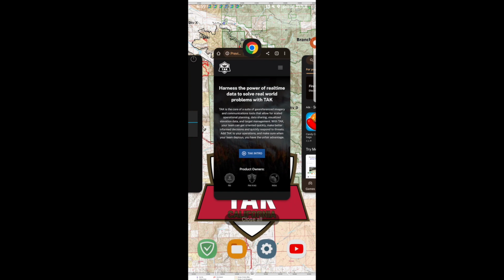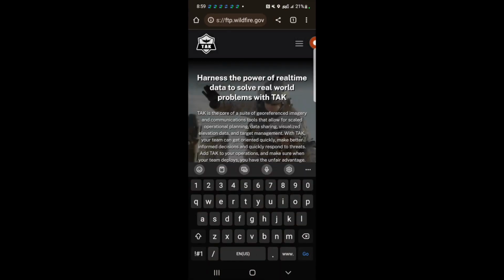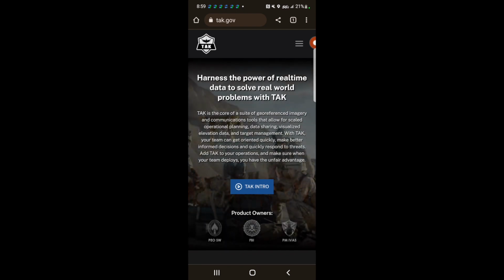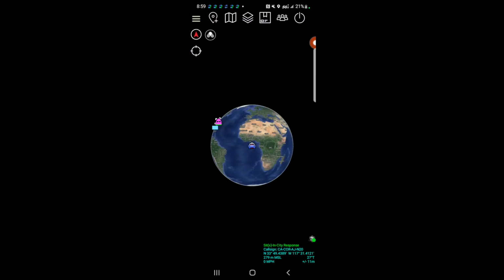We'll use the app switcher. We'll open up Chrome. Now I'm going to go to the NIFC FTP website. If I'm here, lower right, if I hit the back button, it takes me back to the page I was on before. Go to the app switcher, go to ATAK, and we'll show you how